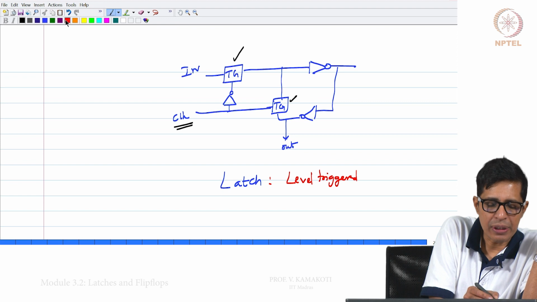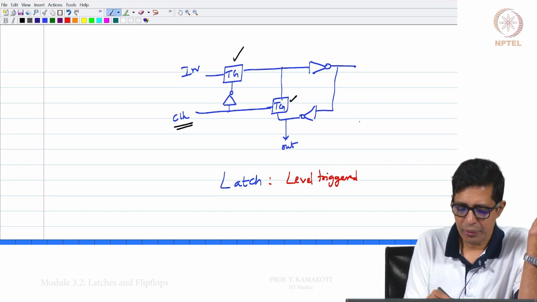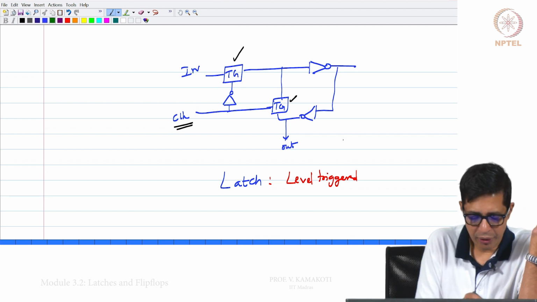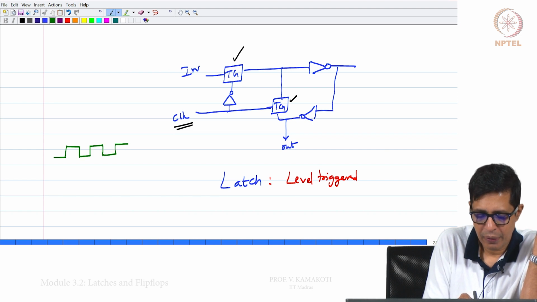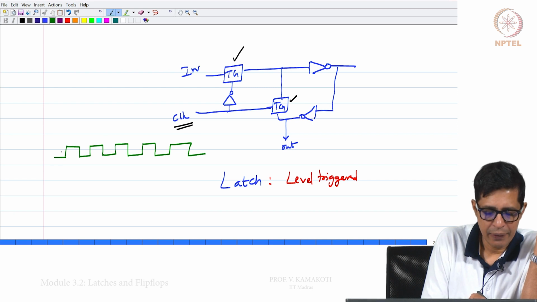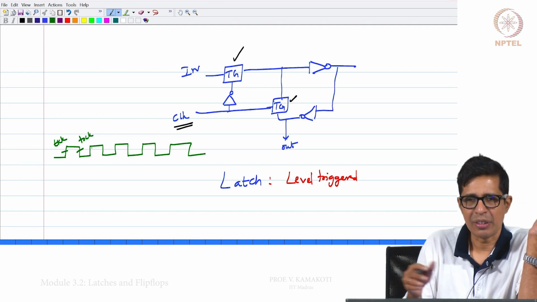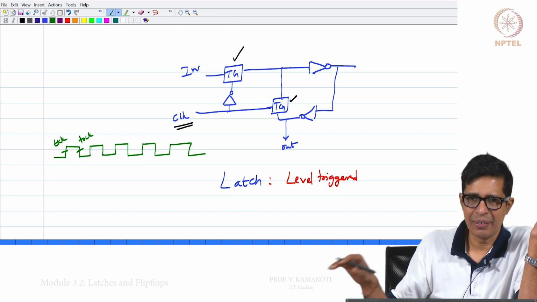Let us see how the clock works. Let the clock go like this. We may say that this is tick and tock, tick tock, tick tock. This is the terminology we will be using.